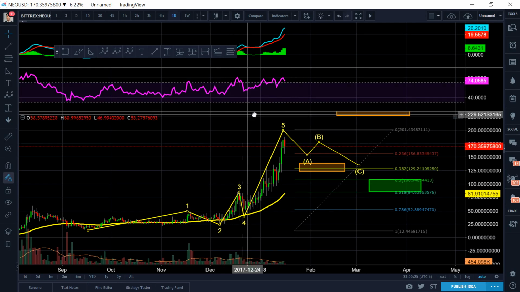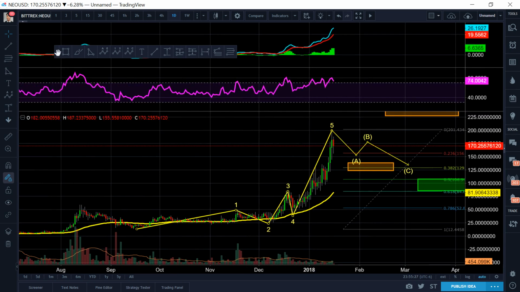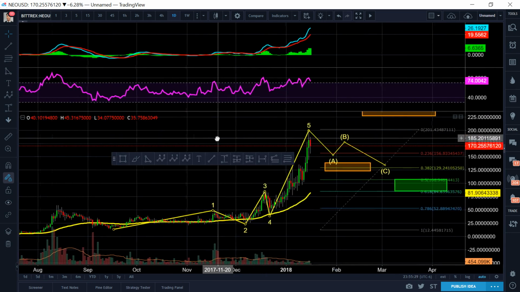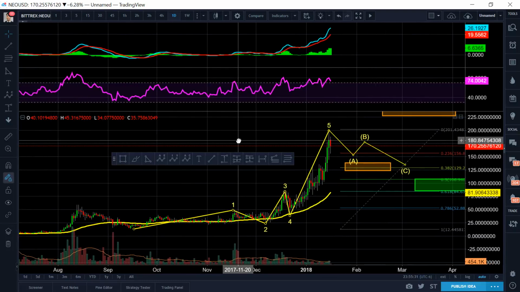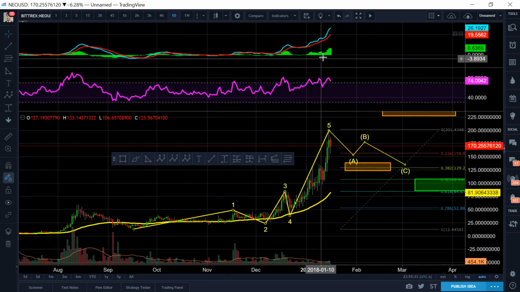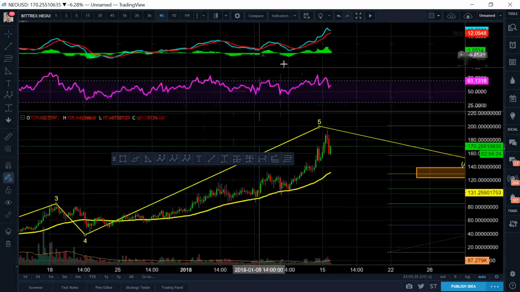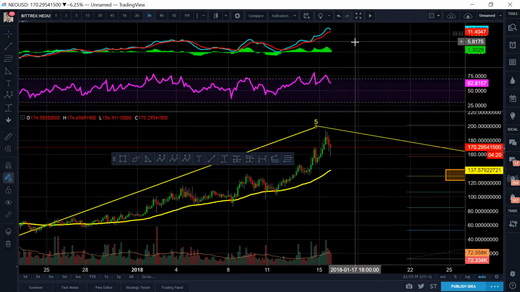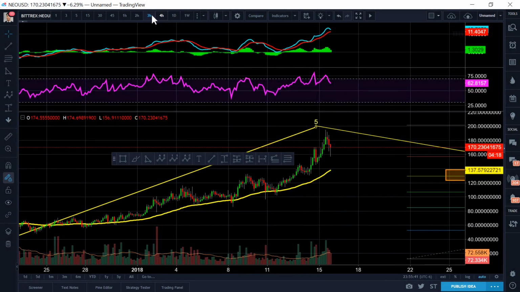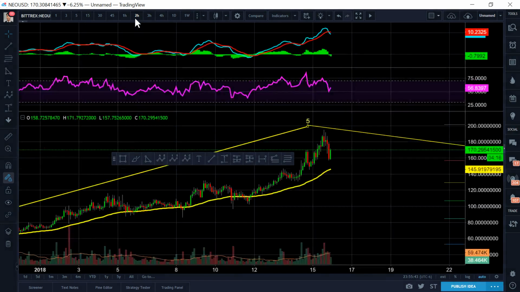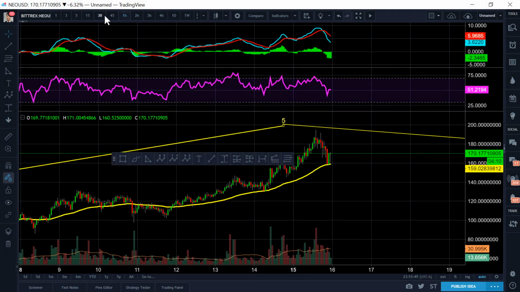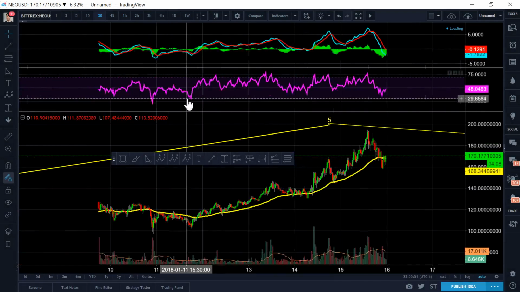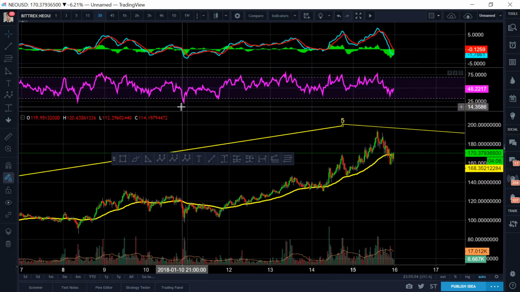Possibility of hitting $230. But right now, we're still seeing very, very bullish signs, right? Still going really, really up there. But on the 4-hour, it's about to cross over. On the 3-hour, it's just about to cross over, guys. Now it's already crossed over on the 2-hour and the 1-hour, but nothing is reaching very bearish zones yet, right?